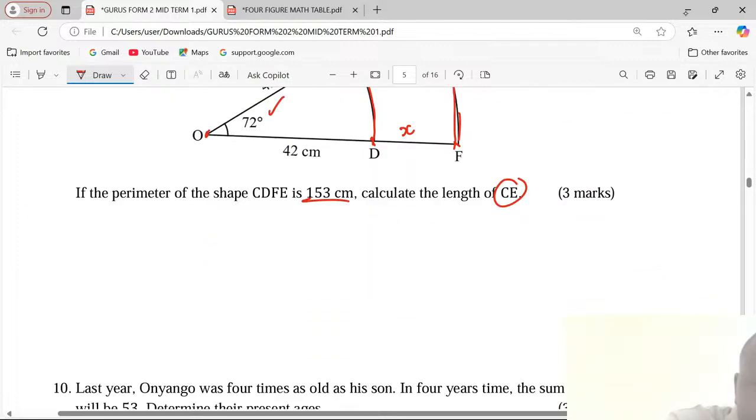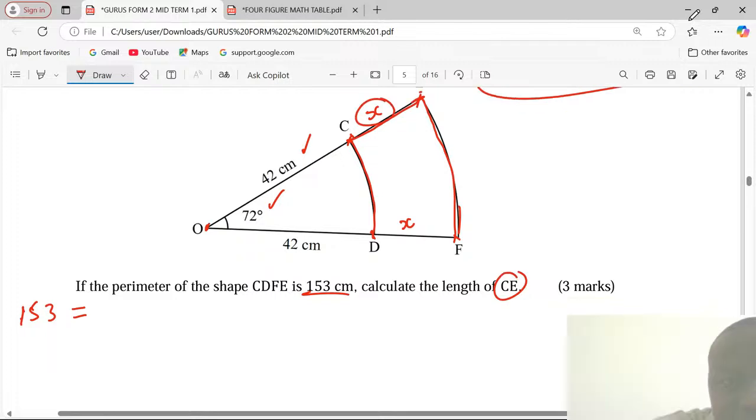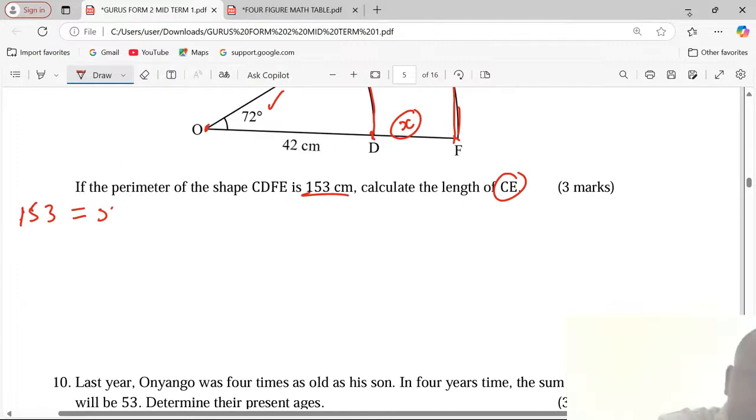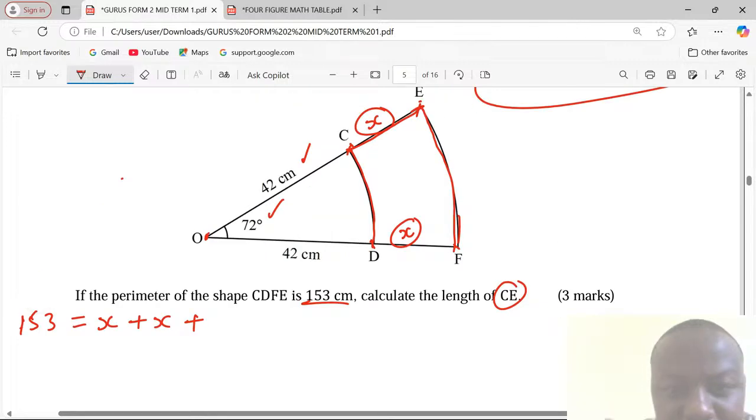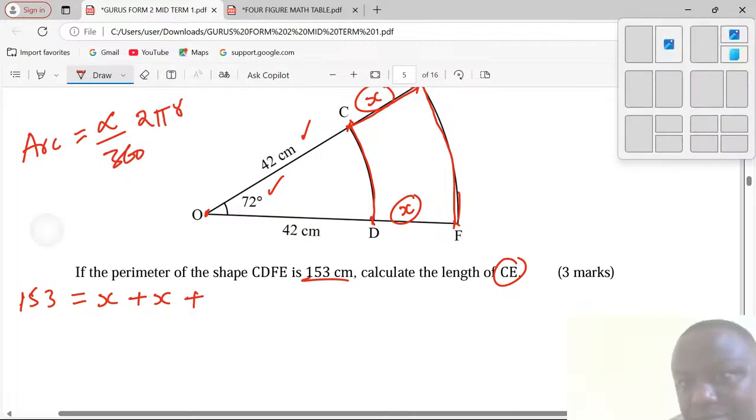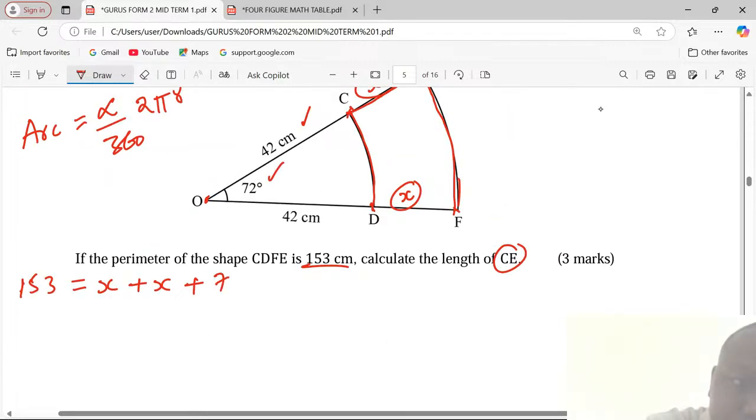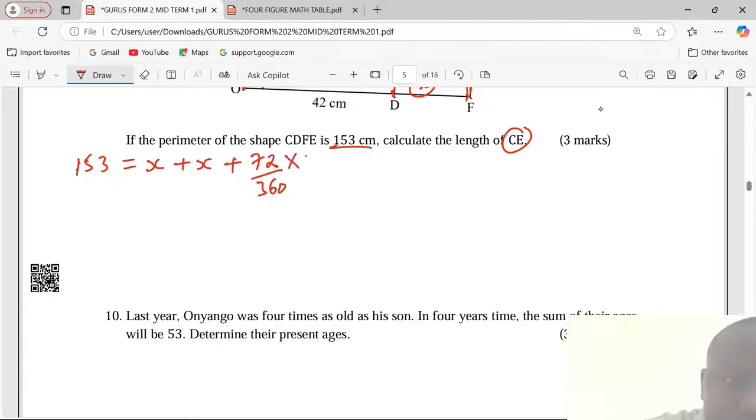I will say 153 is given by taking the value of X and adding X again. Then I add the first arc, which is CD. An arc length is given by beta over 360, 2 pi r. So I need 72 out of 360, times 2 pi r, which is 42. Then we add the other arc,